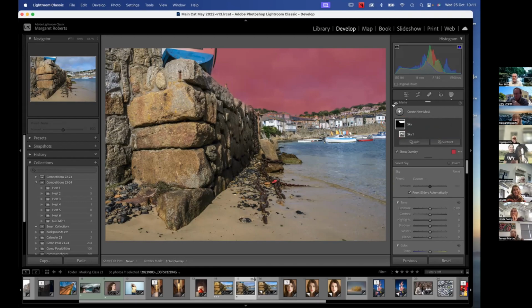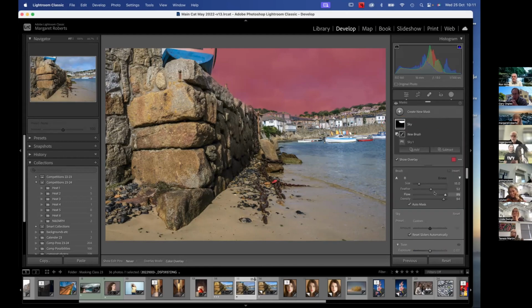So if Margaret hits the subtract, you all can do this, and we're going to get the brush. Now we could try and subtract the foreground, but if it's struggling to see the foreground of the sky anyway, it might struggle to do an inverse. So what you could do is inverse it and then tell it to remove it from the mask that's called background. But let's just paint that over. So Margaret's going to paint that over. And remember, if you make a mistake,